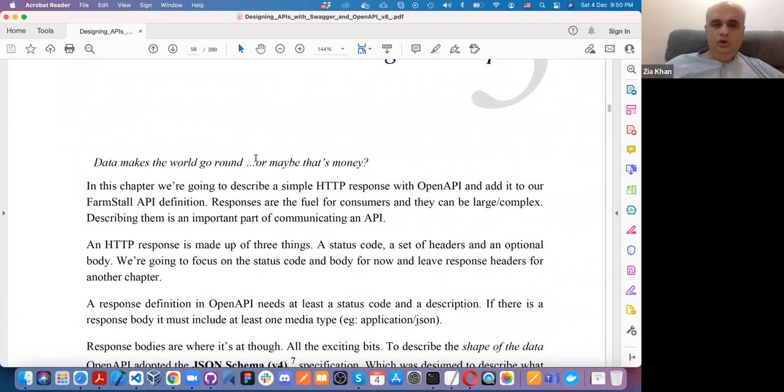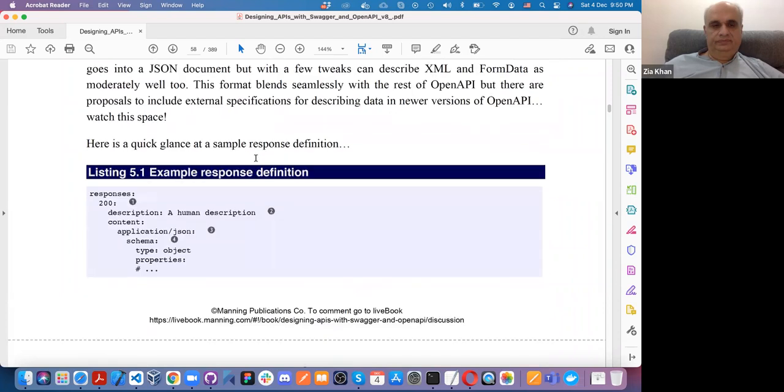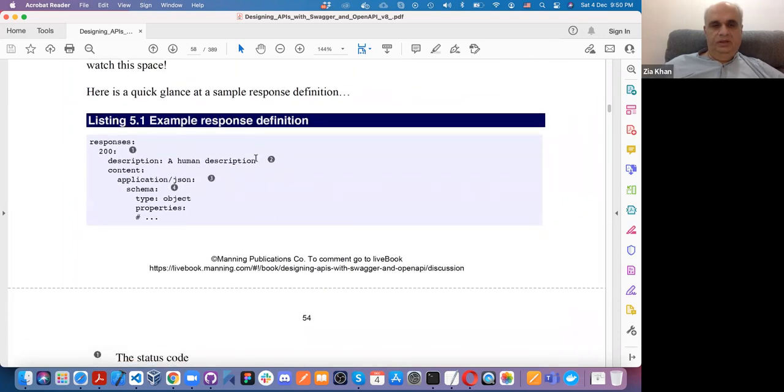Now, let's go over the responses. The first thing you notice in a response, which we have not covered till now, is that the status code is 200, which means it is okay. The human description, you write description, then you say content.